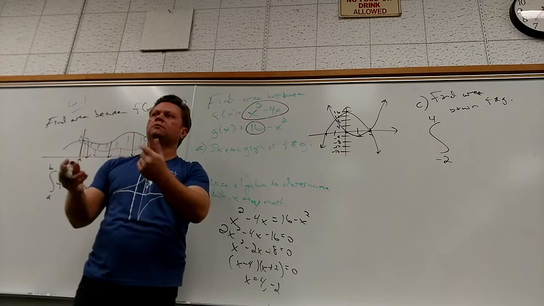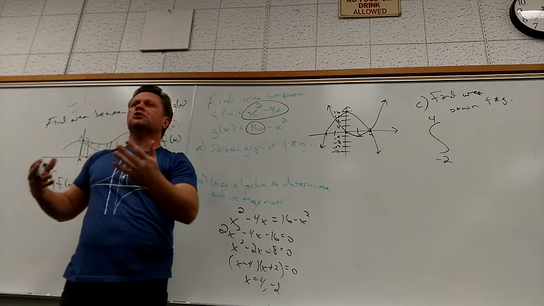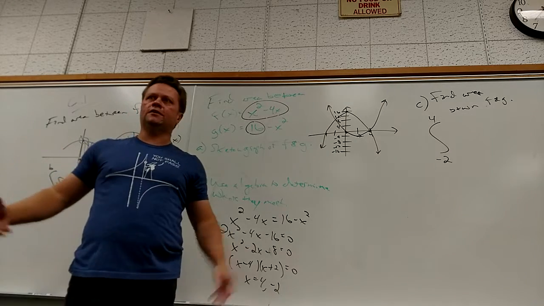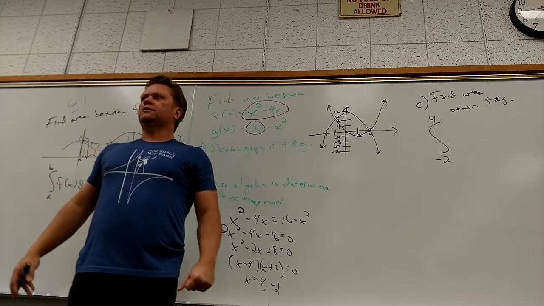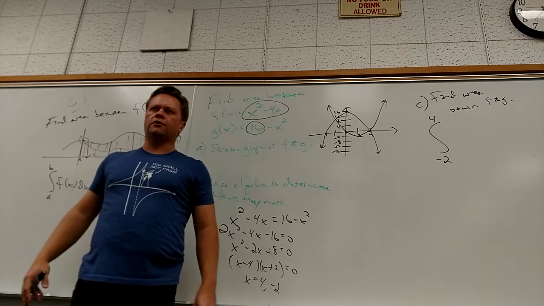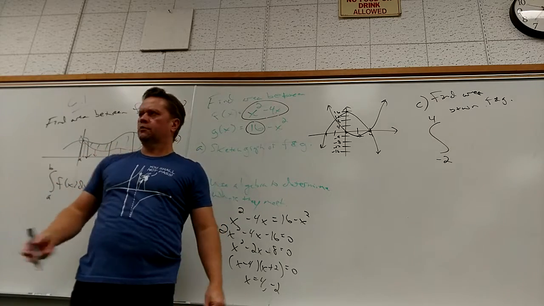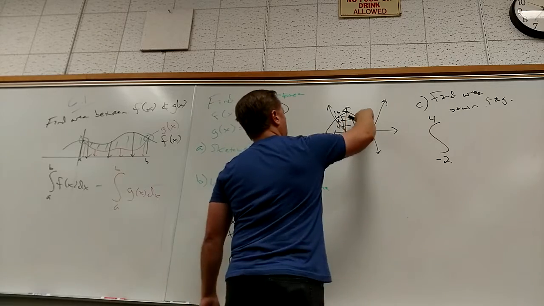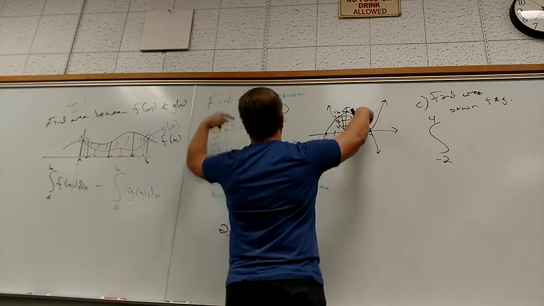Beautiful. Do you see how skipping the rough sketch could hurt you a lot? It always does. It finds a way to hurt somebody. If you don't sketch the graph, you're going to assume the wrong thing about which one's first. So obviously the down parabola is on top. So you want to do this area